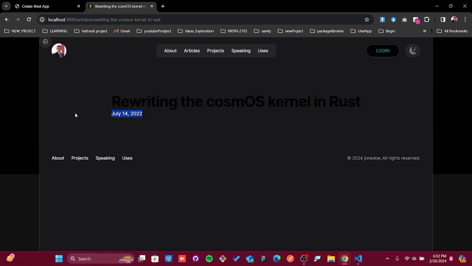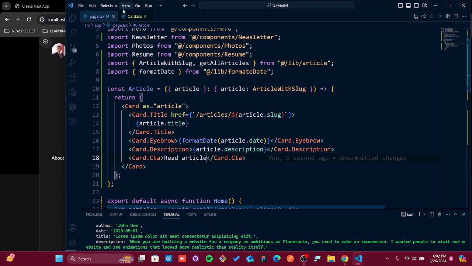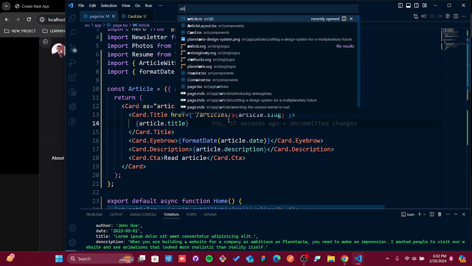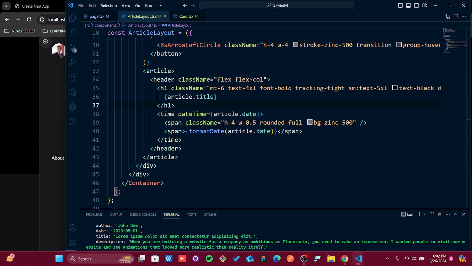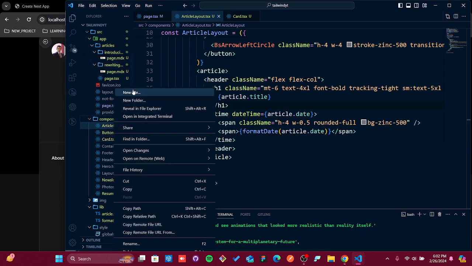So things are there, but one more thing we need to pass is in the page.mdx, not in the mdx, but in that article layout, which is going to be the Prose. That will be responsible for showing our article, how we actually want to see it. So to do that one,